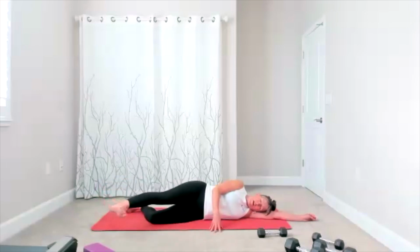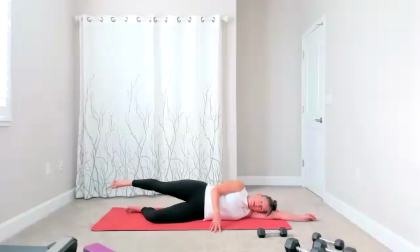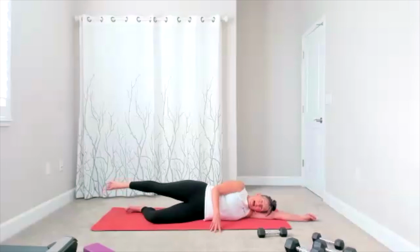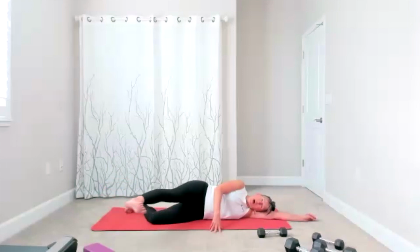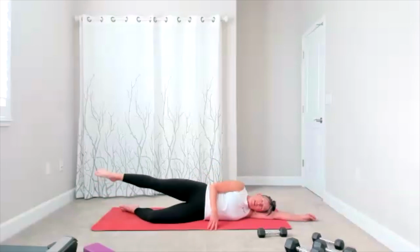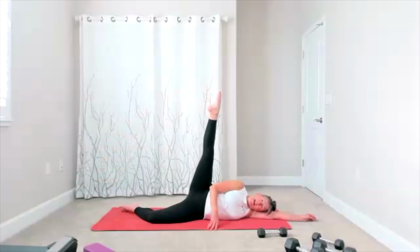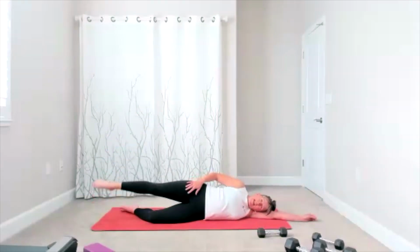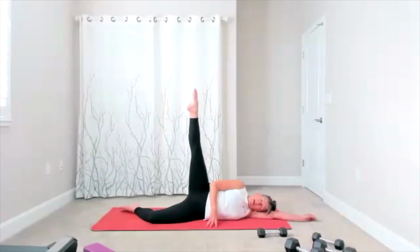Couple more. 4, 3, 2, one more time. And we're going into our quadricep leg lift, meaning we're going to point our toes, the legs coming up really high. So today I'm going to focus more on using the front of the leg to bring it up, slide it